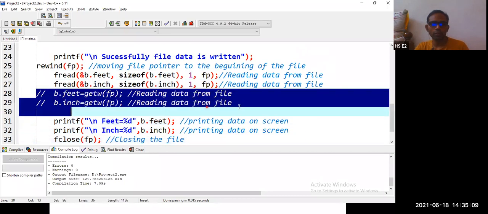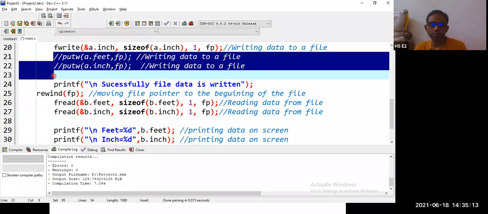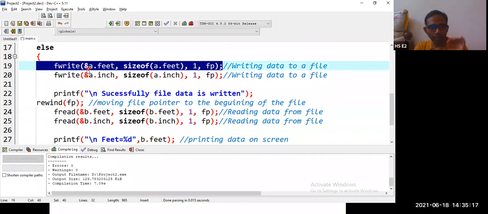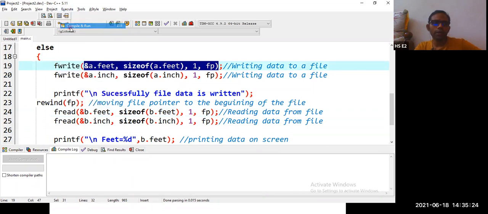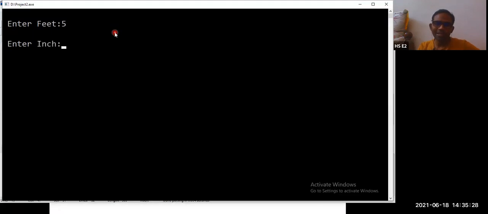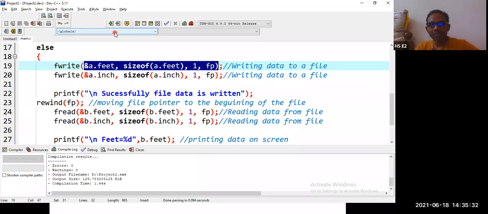We can remove these two lines of code, not required. And we can remove these two lines of code, not required. For fwrite, just try to memorize this syntax and understand internally what we are doing. Execute, compile and run. We got 5.9.